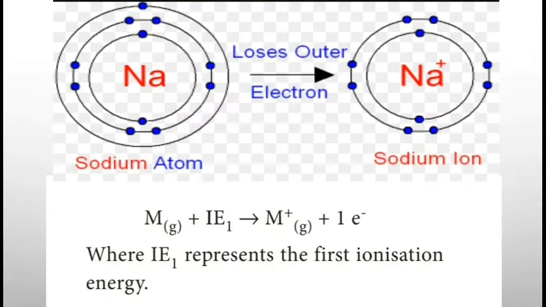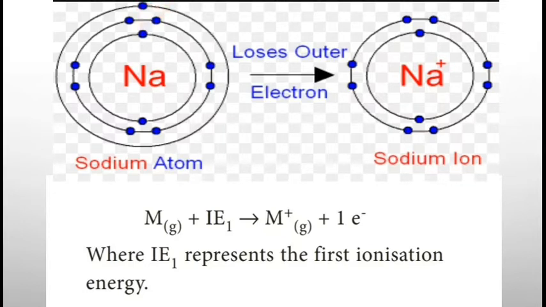If you take an example, the sodium atom, the electronic structure is: in the first shell there are 2 electrons, in the second shell there are 8 electrons, and in the last shell, that is the valence shell, it has 1 electron, isn't it? It loses this valence electron and becomes a sodium ion, that is, first shell same 2 electrons, second shell 8 electrons, but the third shell is gone, because we have removed the last electron.